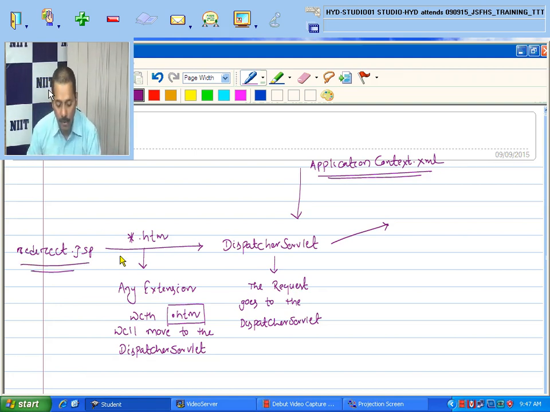The response.redirect in it will load index.htm, so that extension will call the dispatcher servlet. The dispatcher servlet will take the application context module, and the application context module will specify where this request with xyz.htm or any .htm has to go. That is what is talked about in your applicationContext.xml file.